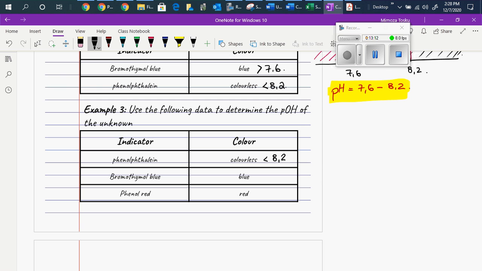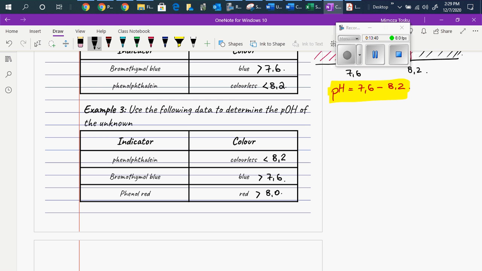Because phenolphthalein is colorless, which means that it is less than 8.2. Bromothymol blue turned blue, which means that it is greater than 7.6. And phenol red is between 6.6 and 8.0, and it turned red, so that means that it is greater than